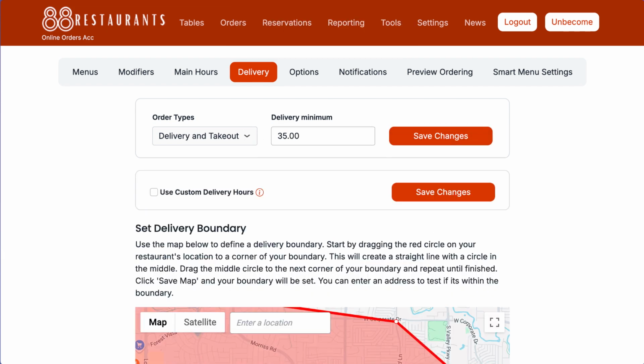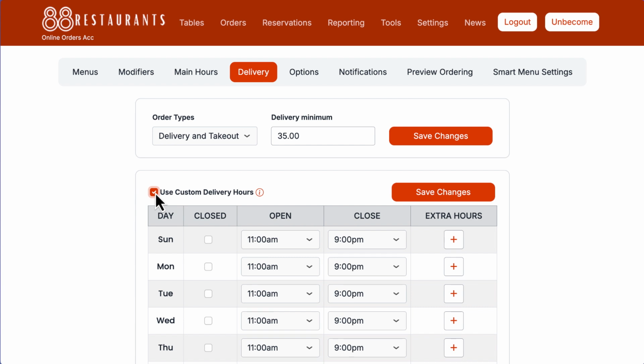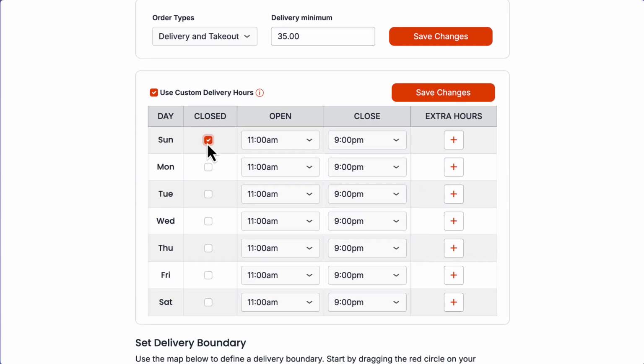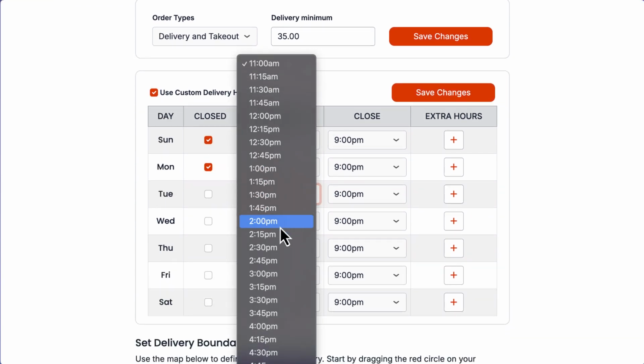Your last option for deliveries is to set custom delivery hours. If your restaurant only offers delivery during specific times, you will want to configure this setting. To do so, click on the checkbox to use custom delivery hours. Just set your delivery times for each day, or use the close checkbox for any days that you do not